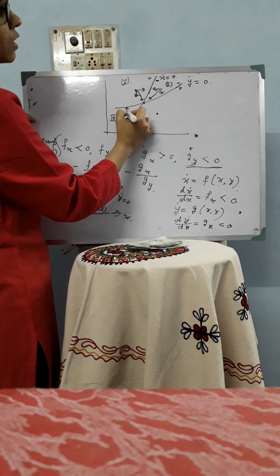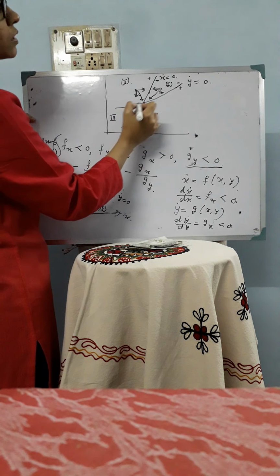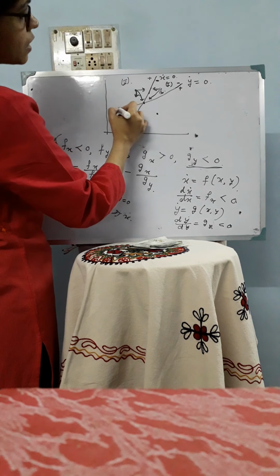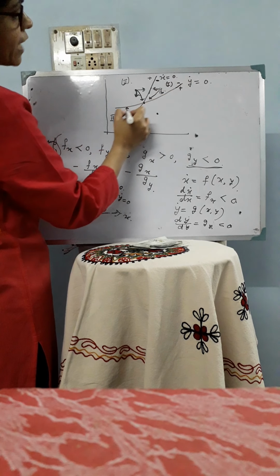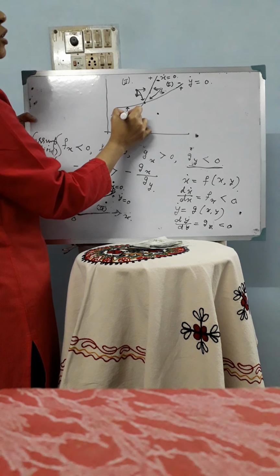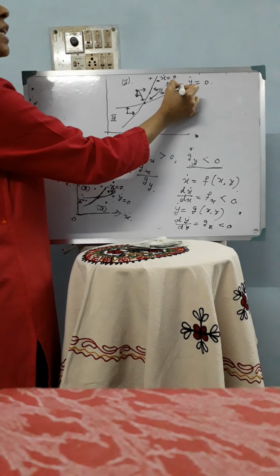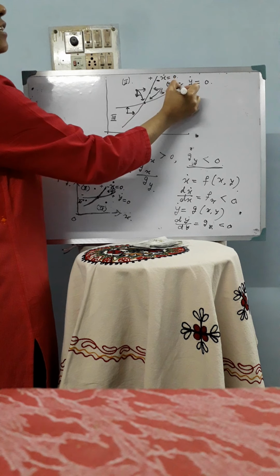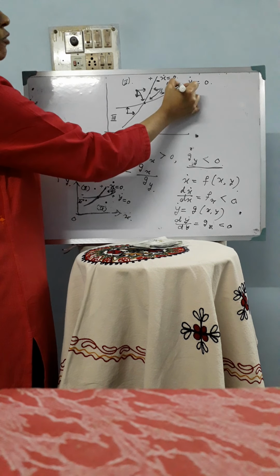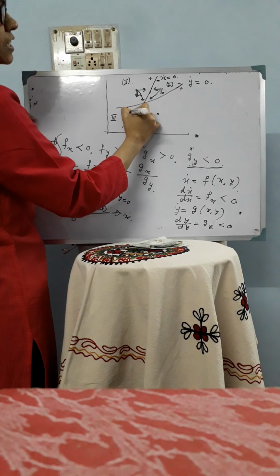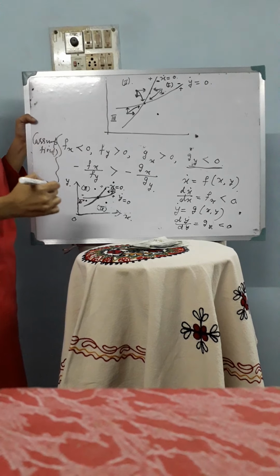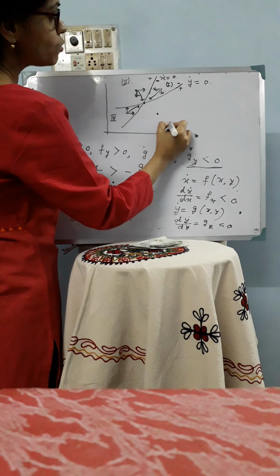Now what about y? Y should also increase, because if we consider y dot is equal to 0 here, as per this curve, the value of y dot is positive here. So for y dot to become 0 from positive value, y should increase, because if y increases, then y dot will decline from positive value to 0 value. So y should increase. So the resultant path will tend towards the equilibrium value. Now we come to region 4.